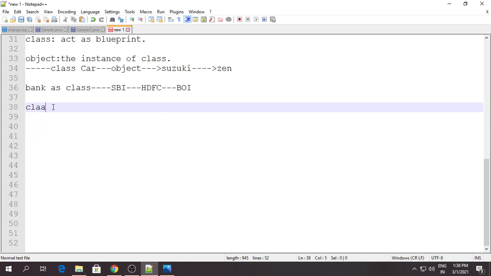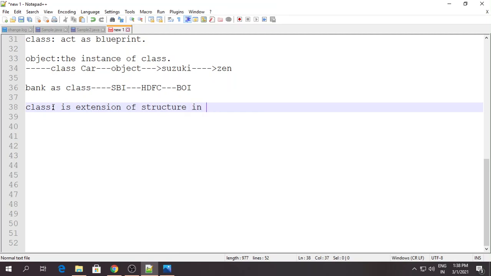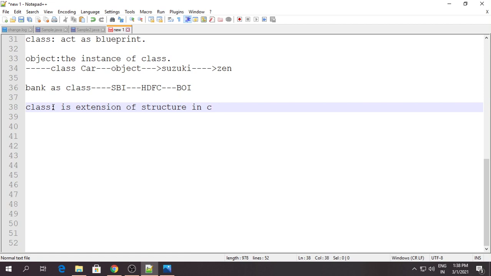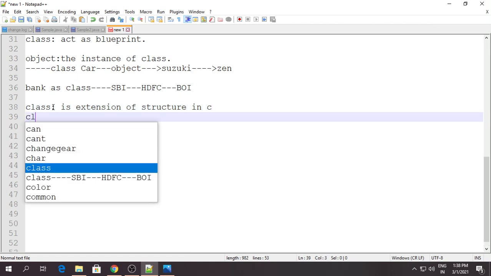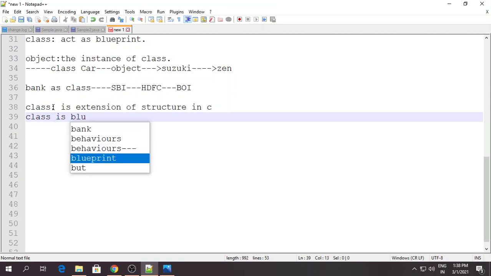First of all, class. What is class? The first definition: class is an extension of structure in the C programming language. Then class is a blueprint.